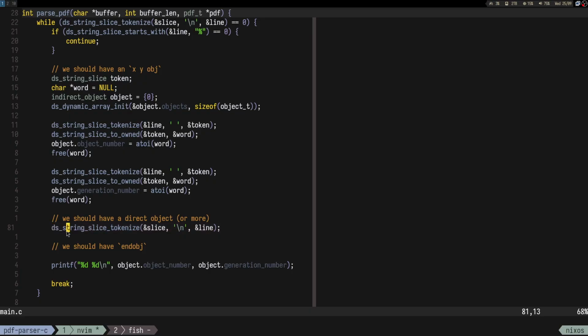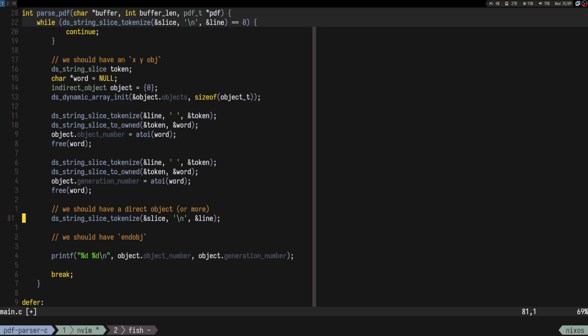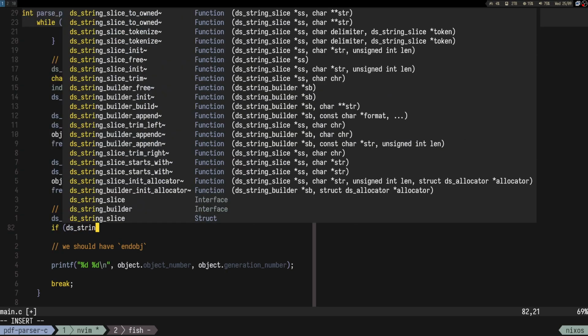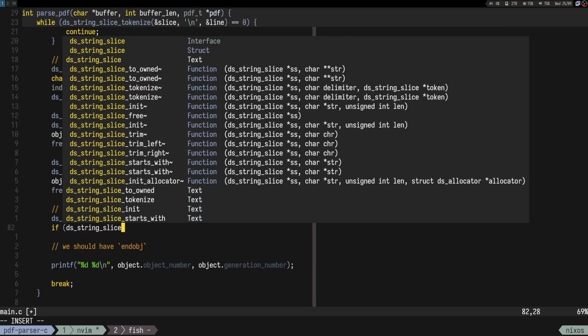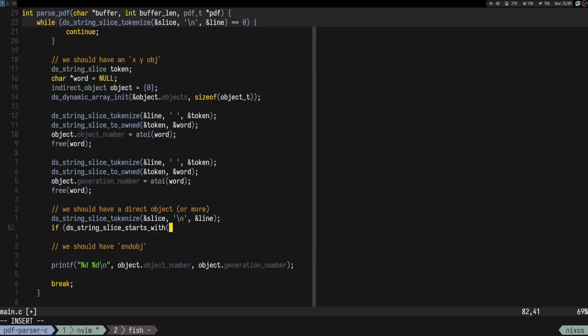So now we should be on a direct object. For example, we have to check if it starts with this or if it starts with stream. So let's see. Yes, string slice starts with. So if it starts with this thing,